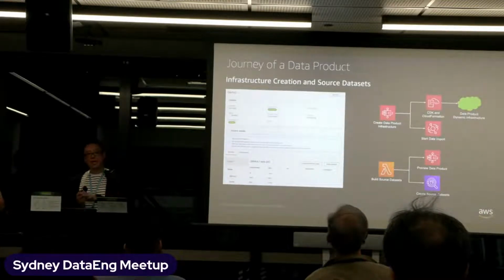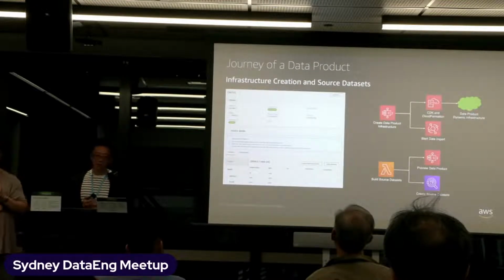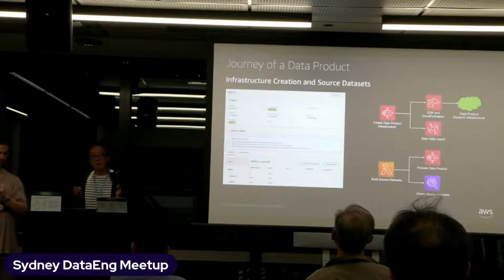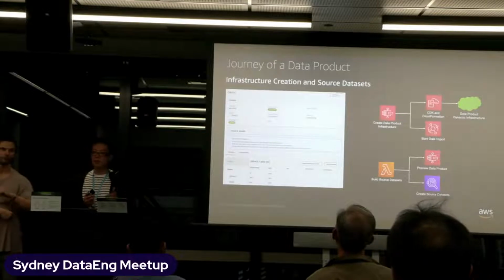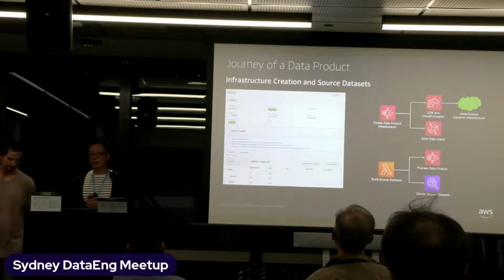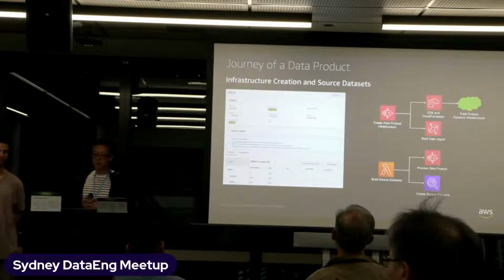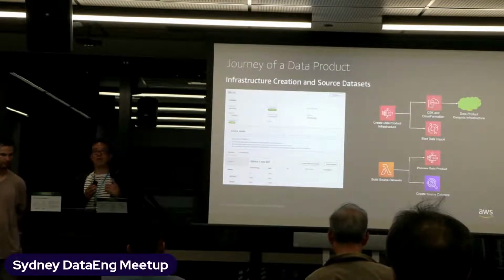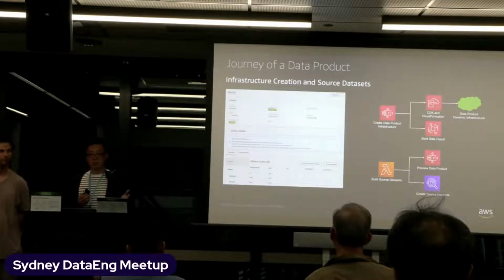Then for the actual creation of the data product, once you go through the schema preview process and the wizard configuration, and you're comfortable with the data you're importing, you hit submit, and we fork two parallel processes at the end of the submission. The first part, as I mentioned, deploys the dynamic infrastructure that orchestrates the workflow from ingestion all the way to the query, including PII detection. Any sensitive information will potentially be masked, for encryption. But at the same time, because that process can take a long time,